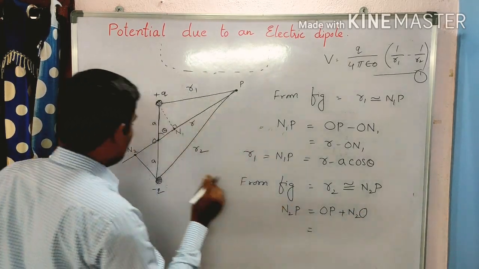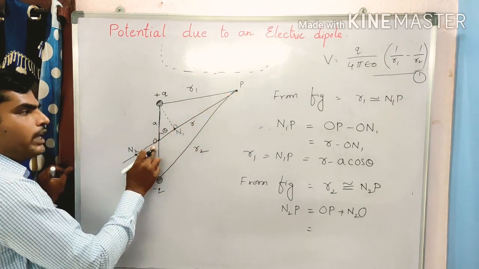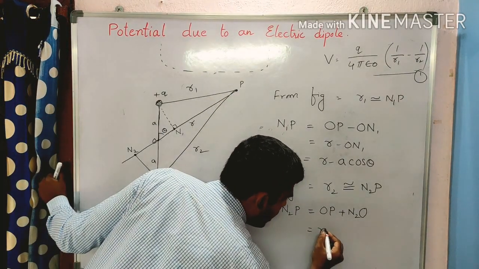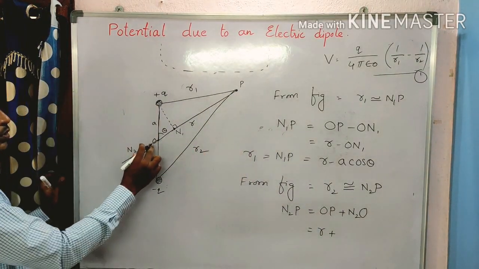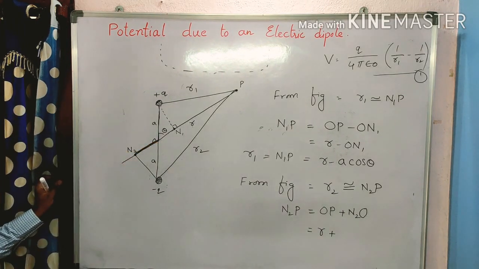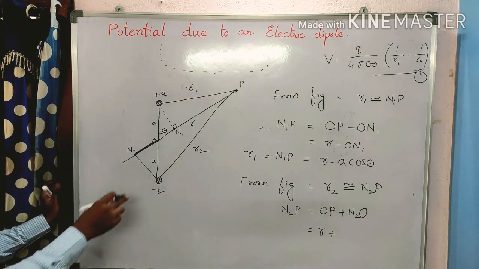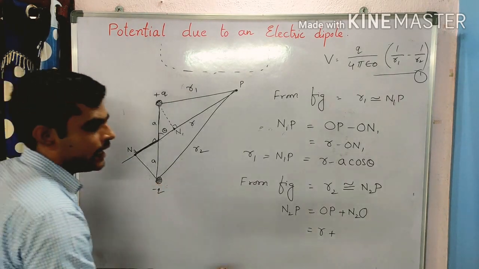What is OP? OP, the distance of the point from the center of the dipole, is R. R plus N2O. This value is needed now. Now I want this value. What is that value? Again the same thing, if you do as you have done here, we will get again